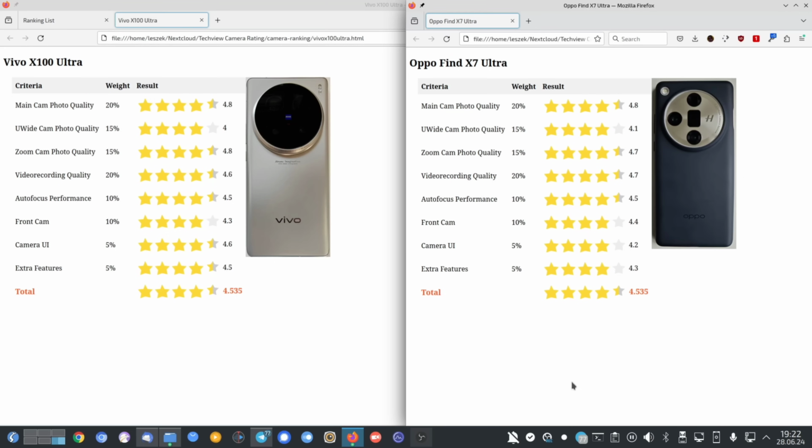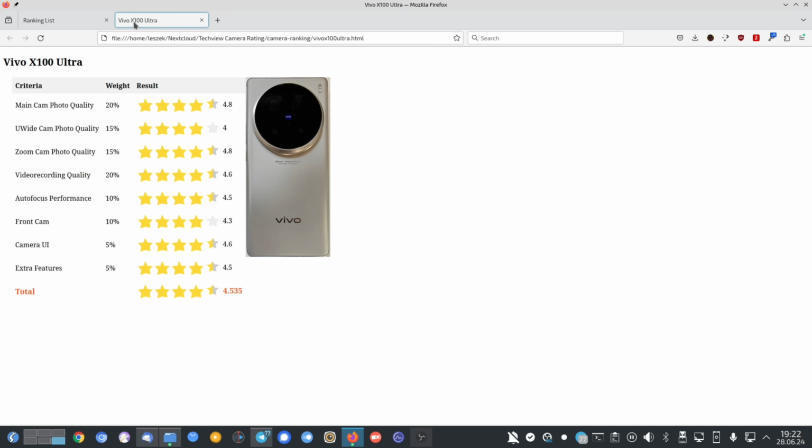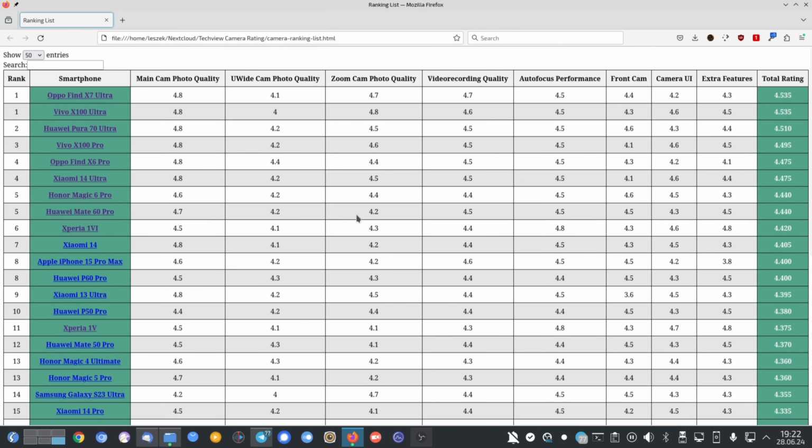Yes, camera UI, the Vivo X100 Ultra is basically the same as the X100 Pro. Extra features maybe slightly bit better there than the Oppo Find X7 Ultra, where the Find X7 Ultra is losing is the camera UI a bit. We don't have a pro mode for video, for example. Such things are a little bit of a downer. So that means we have a new number one and an old number one, because the Oppo Find X7 Ultra and the Vivo X100 Ultra are sharing the top rank on my camera smartphone review board here, as you can